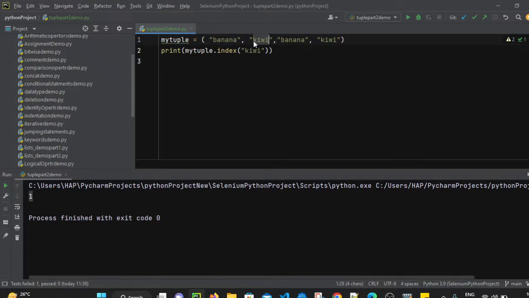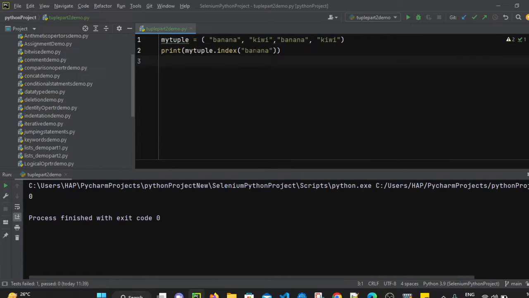Kiwi occurred the first time at index position 1, so it should return 1. Now if I put banana here, when did banana occur the first time? Banana occurred at the 0th index, right? So it should return 0. So it always returns the first occurrence of an element present in the tuple, correct?